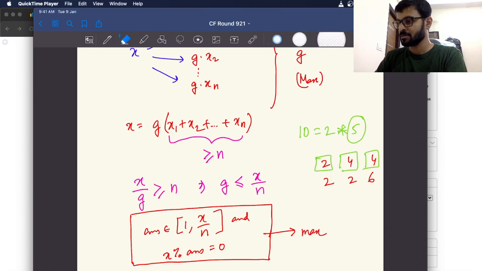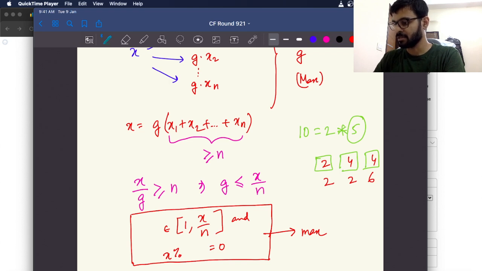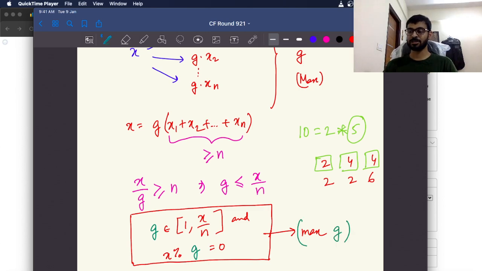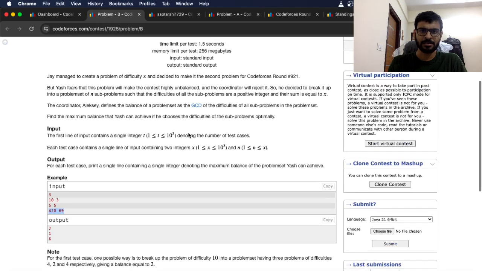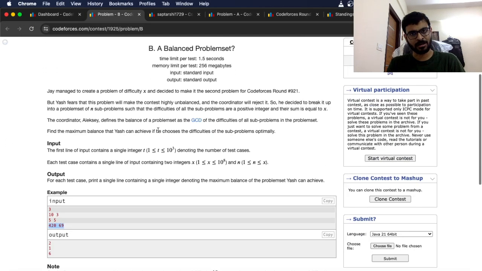Okay. So if I rename answer in terms of a different thing, let's say z, or let's say g. I named it as g. So g, we have to find out the maximum g. I have to get the maximum g. So definitely I can start from x by n and then x by n minus 1, x by n minus 2, and so on. And that's where I think many people might have got the TLE in the main testing